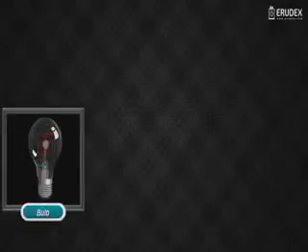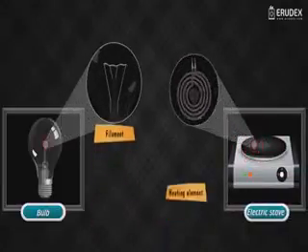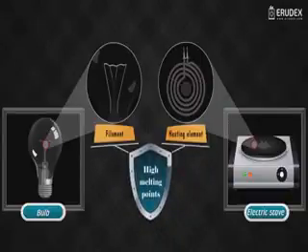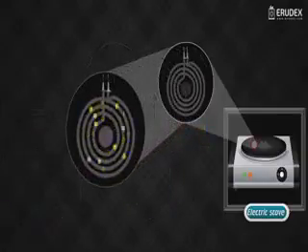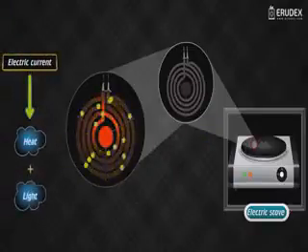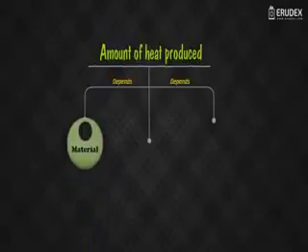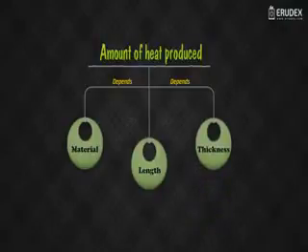All these use heating effect. Now see how these are using heating effect. Look at the bulb. Inside the bulb there is a filament, and in an electric stove, inside it there is a heating element. Both of them have a high melting point. But when current is passed through them, electrons start flowing and they heat them. The amount of heat produced depends upon the material, the length, and the thickness of the object.